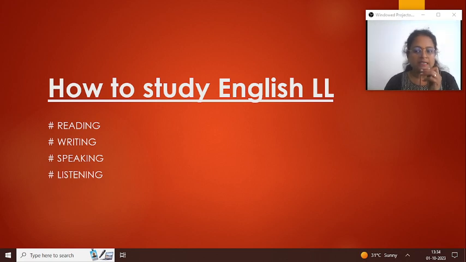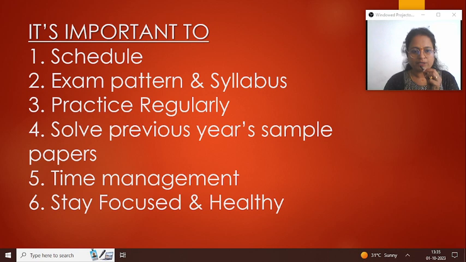And the ASLs, assessments for speaking and listening, we are going to conduct in the school atmosphere, and there we are going to test your speaking skills and listening skills. So the whole of language literature is the combination of reading, writing, speaking and listening. In detail, when we discuss the paper pattern, we'll discuss these skills in this PPT presentation.